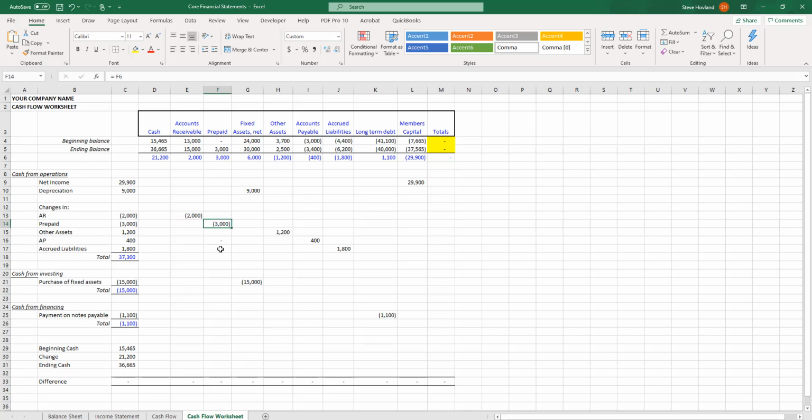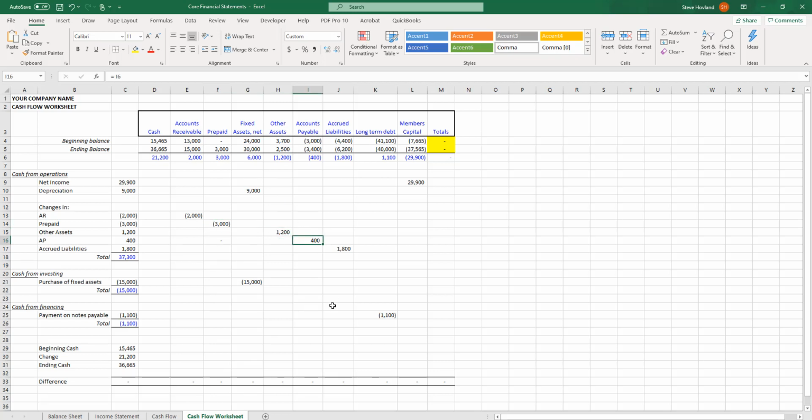Prepaid, same concept. Last year we had 0 prepaids. This year we have 3,000. So we paid money of $3,000 for the prepaid, but we haven't sent it to expense. In other words, it hasn't affected our net income yet because it's an expense that we capitalize and we haven't sent to the income statement yet, but we paid the cash out. So that's going to be an adjustment. And other assets, same